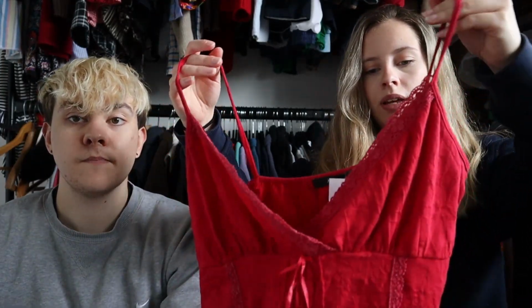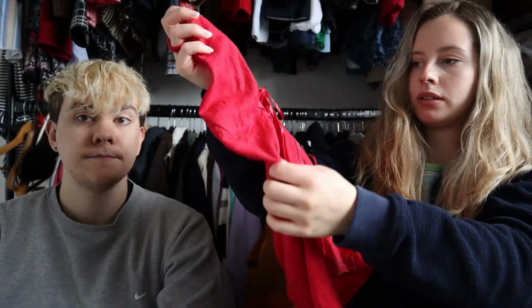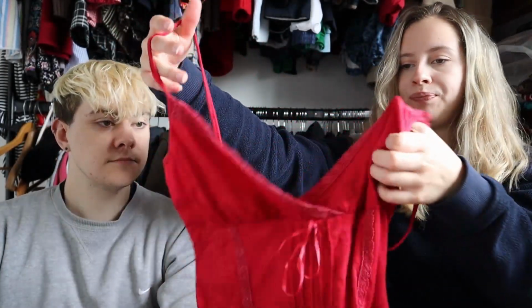Okay, so the first thing that I picked up in that shop was just this red Jane Norman cami top. It's just this red colour and it has a lace detail on the edge and it ties up in the front. Jane Norman is a really good Y2K brand on Depop, and this was only